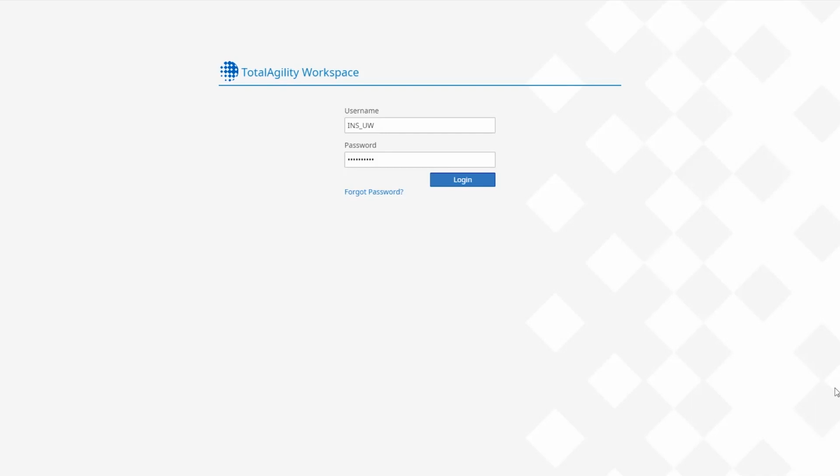Tromba AI is an automation intelligence solution that can be custom built to fit any enterprise's needs. Today, we're going to be looking at a policy renewal process. This demo is going to simulate a policy renewal process for an auto insurance company. It's also going to illustrate how Tromba AI, which is built on Kofax TotalAgility, can help you with your process